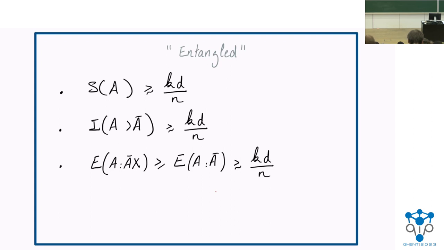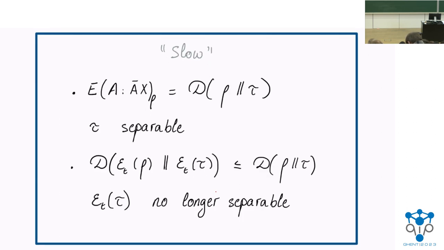So we show that between A and its complement, so the rest of the lattice, the coherent information is larger than this quantity. And eventually, we use yet another quantity to quantify entanglement, the relative entropy of entanglement, to show that this is lower bounded by that. Trust me on this. And we do obtain a lower bound on the entanglement between A and the rest of the system, which is equal to this. Great. And so now we have shown that the system is entangled.